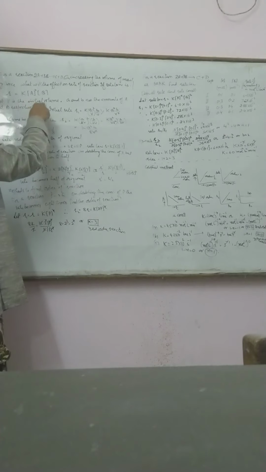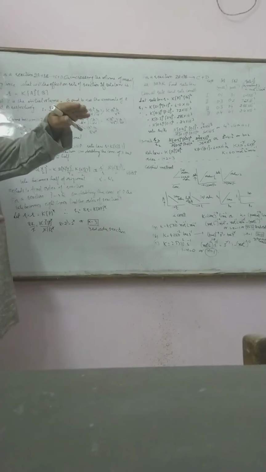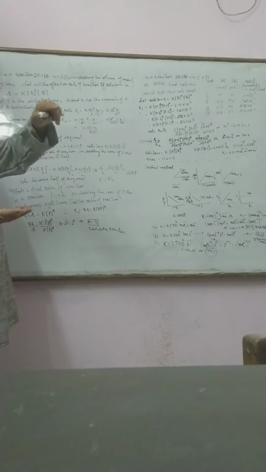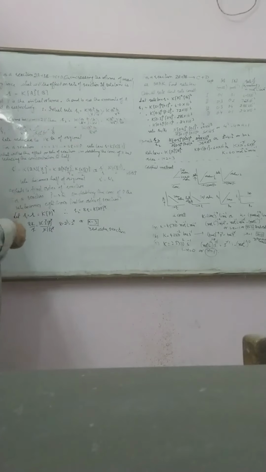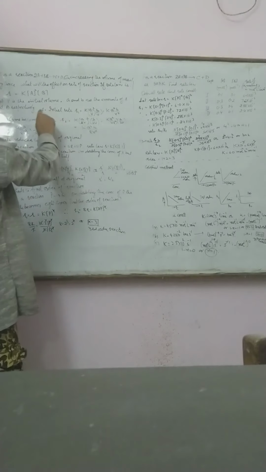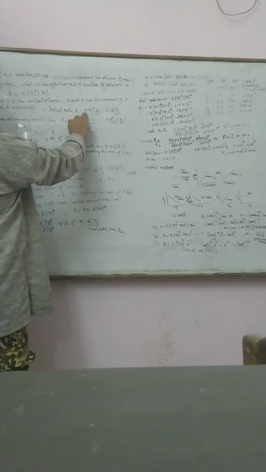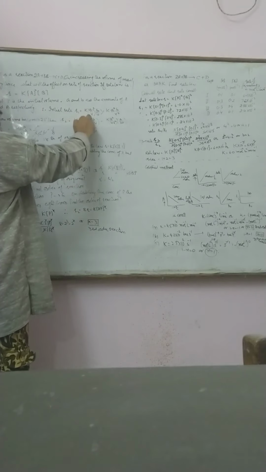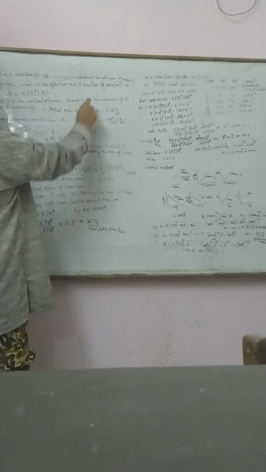So let the initial volume be V and a and b the amounts. If we increase the volume of the vessel, the amount will not change, only the volume will change, and hence the concentration will change. And concentration is the number of moles per unit volume. Therefore, the initial rate R1 is equal to K (A/V) squared times (B/V). V is the initial volume. According to the rate law, here is K.